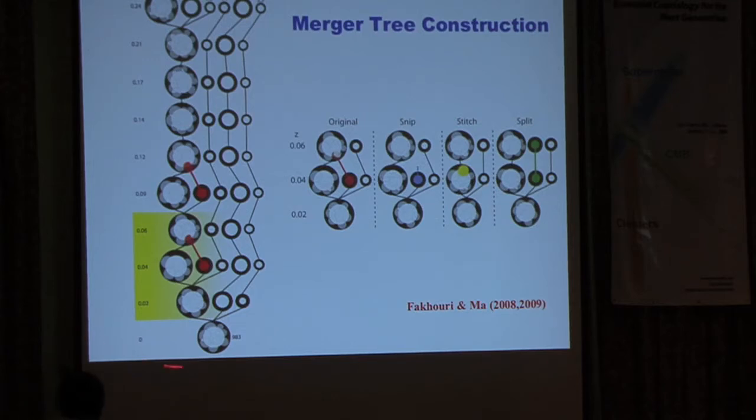Now the key here is when we go back in time, here you see nicely three things coming in together. Now, however, we highlight this yellow region where you see that at redshift 0.06, and also earlier on, this has a nice big halo consisting of 7 subhalos. But at a later time, this subhalo had gone out, and the algorithm identified this as a separate halo. Okay, we call these fragmentations.